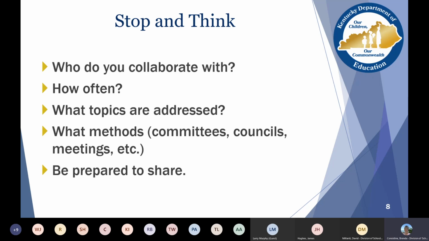And I'm anxious to hear what kind of methods you have for getting committees or working with councils or having meetings. And I feel like this is going to look totally different as we move forward for the next maybe year or so. How are you getting that stakeholder feedback when we're unable to have the type of meetings that we're used to? And I tell you what we'll do, we'll break for about 2 minutes, and we'll come back and we'll open the floor for some sharing.